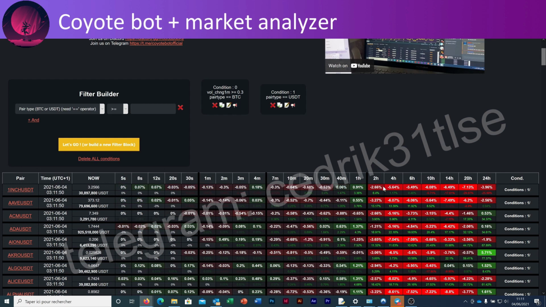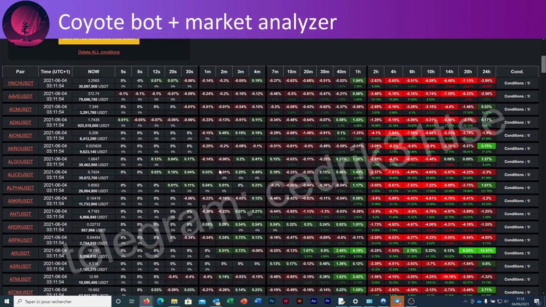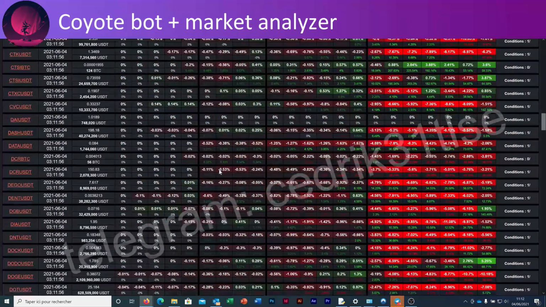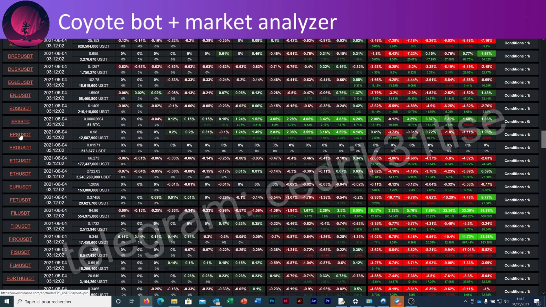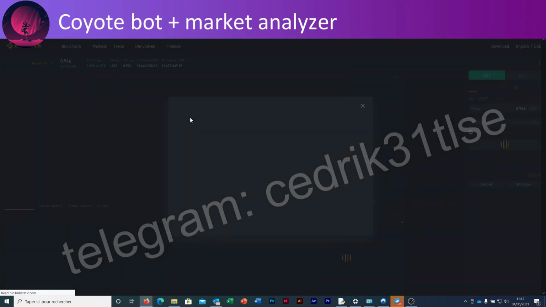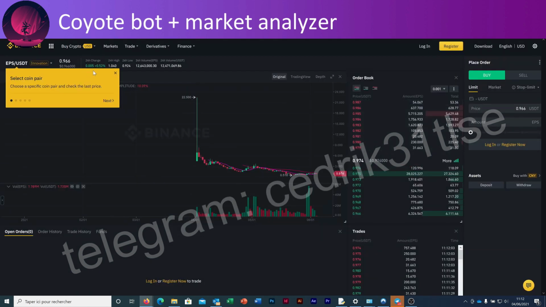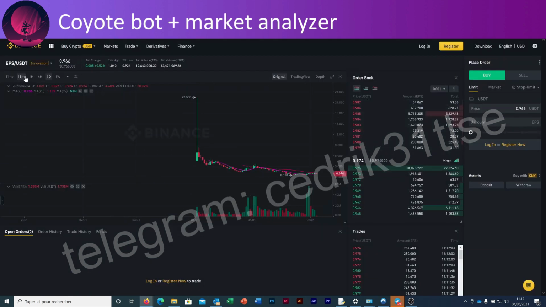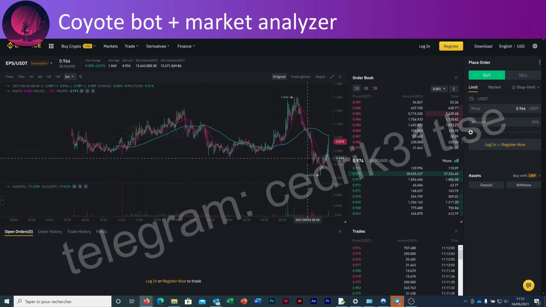So let's scroll again a little about the different lines. We have seen EPS. So we will go to the EPS line here and we can click on the link and we land directly on the Binance page. So we can see directly the chart. I will change the time frame to 1 or 3 minutes. Okay, and here effectively you can see after the dump, the price raised up very quickly.